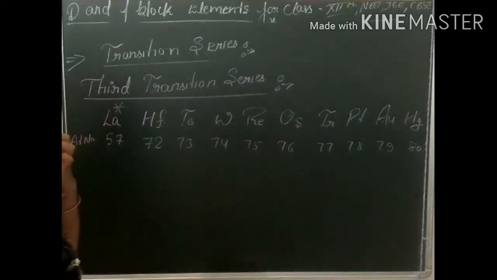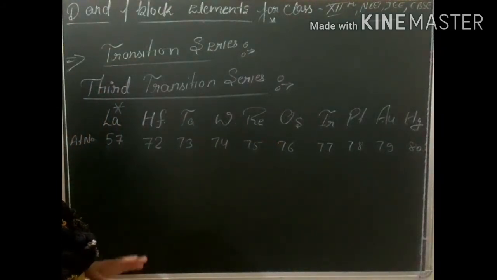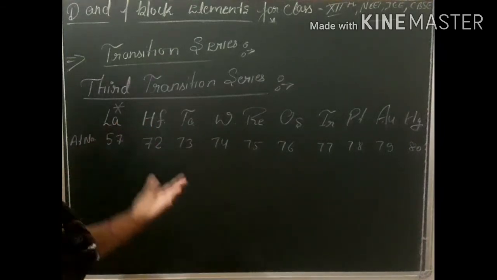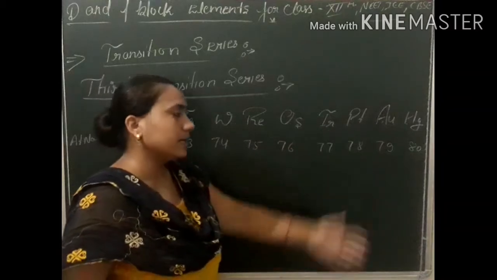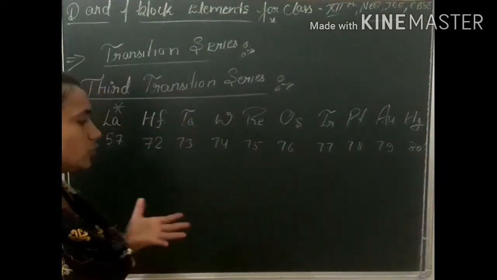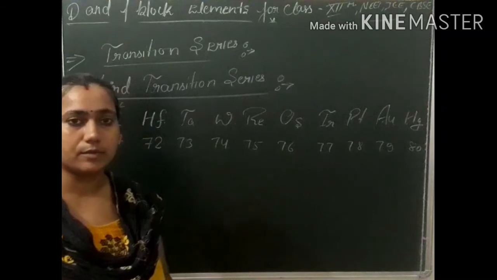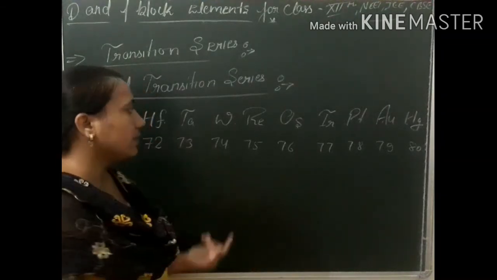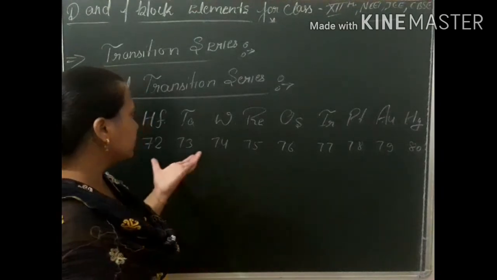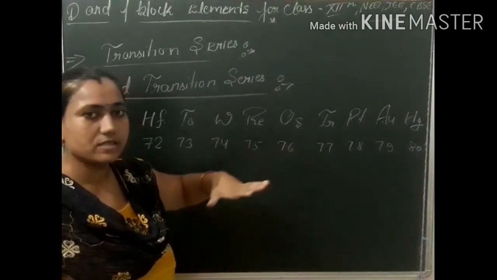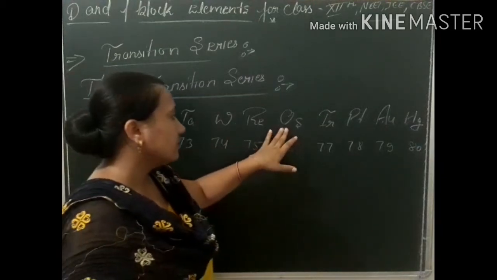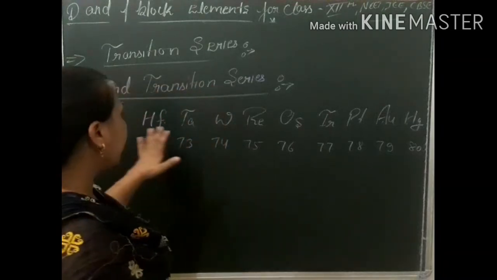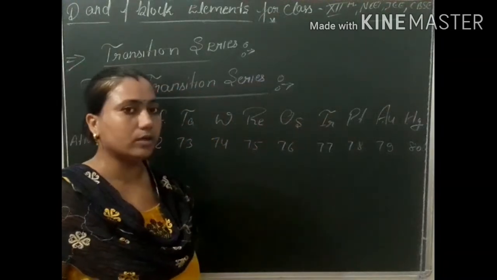Now the trick to remember the third transition series is: ला हफ्ता वरे ऑस्मियम इरिडियम प्लेटिनम गोल्ड मरकरी. मतलब कोई भी जो डाकू वगैरह होता है तो वो क्या कहते हैं, हफ्ता मांगते हैं. कई मूवीज में देखा होता है तो वो कहते हैं ला हफ्ता वरे. और उसको हफ्ते में पैसे वगैरह नहीं, प्रीसियस एलिमेंट्स चाहिए, that is osmium, iridium, platinum, gold और मरकरी.